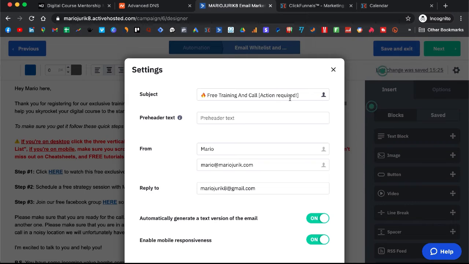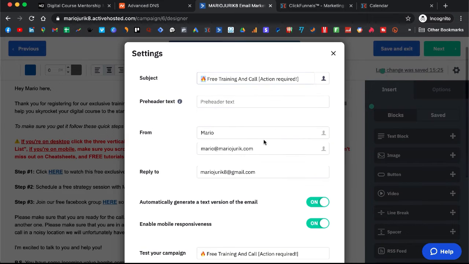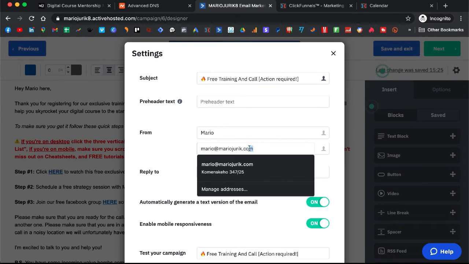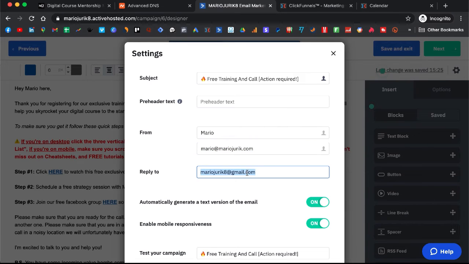this icon, and you can keep this name like this. It works good. These emojis in the beginning increase open rates of the emails. Make sure that you put your business email here and as well as here,